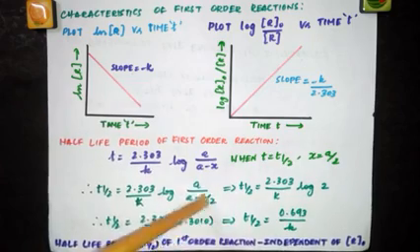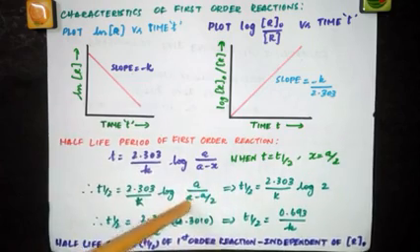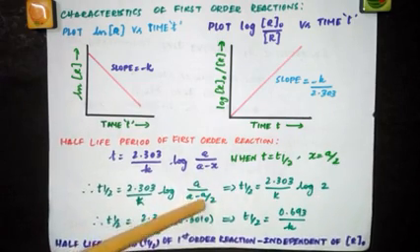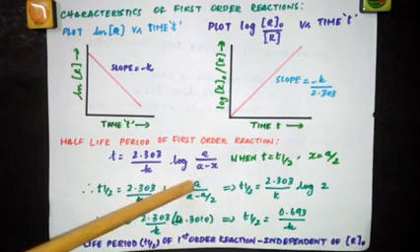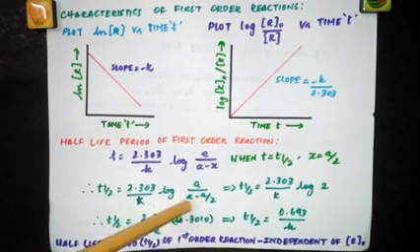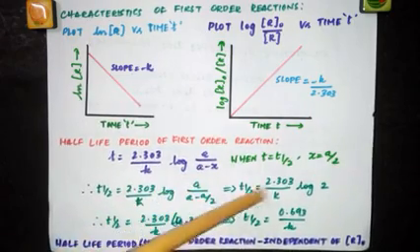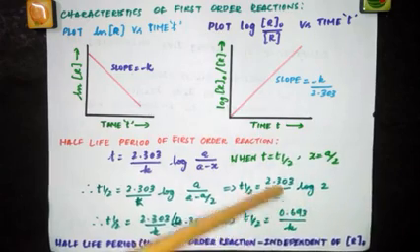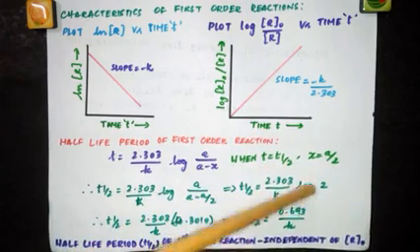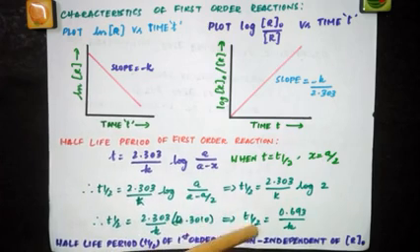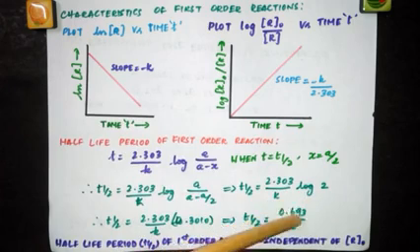So when you solve this, you are getting 2. Because if you take LCM here, 2A minus A by 2, this 2 goes to the numerator. So you will get 2A by 2A minus A. So you will get 2A by A and A gets cancelled, you will get 2. So log 2. So T half is equal to 2.303 by K, and log 2 value, when you look into the logarithmic table, you will get a value of 0.3010. So when you multiply, you will get T half is equal to 0.693 by K.